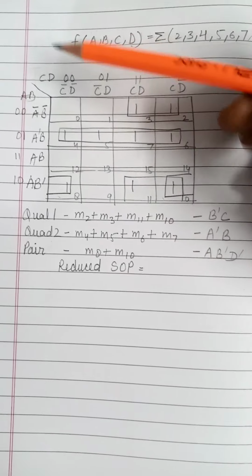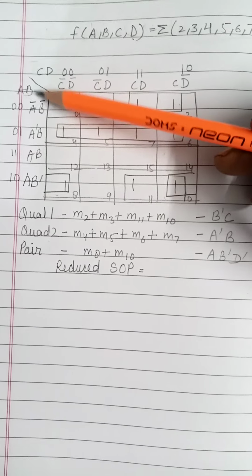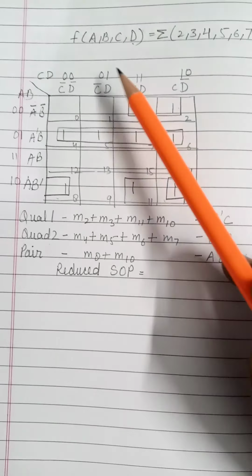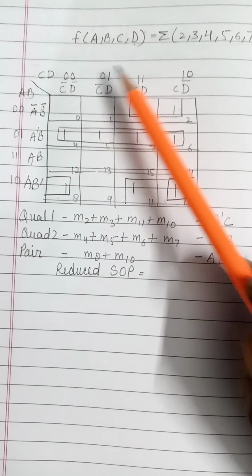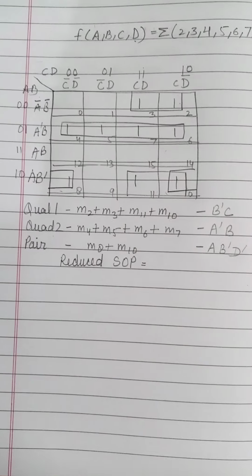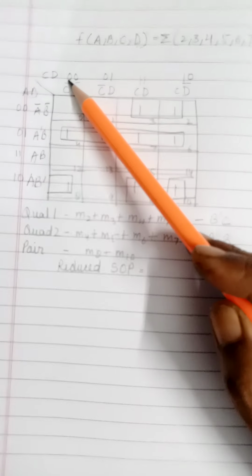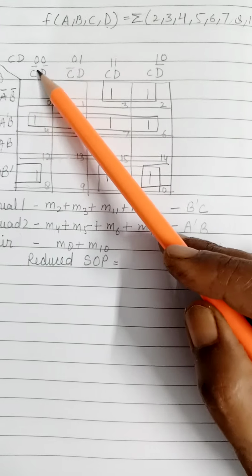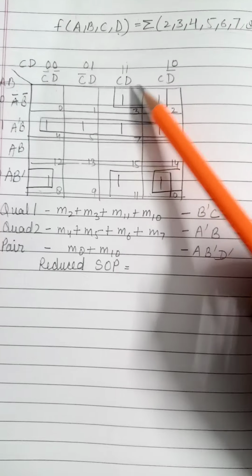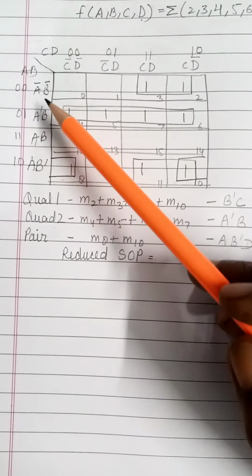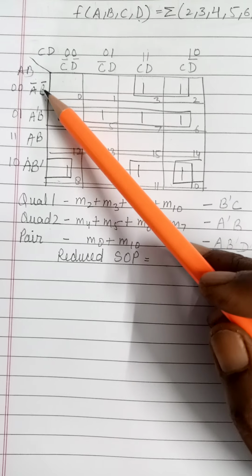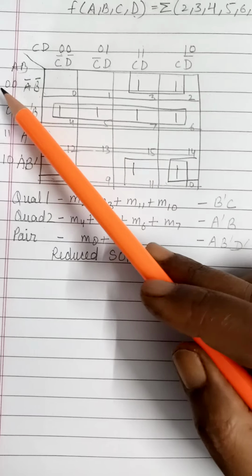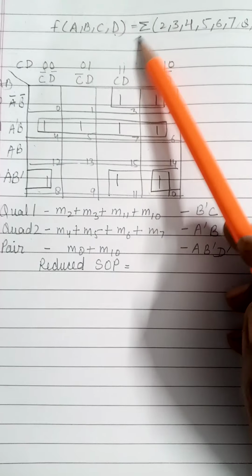Then you will be taking 2 variables here, A, B, C, D: C, D here and A, B here. Then the combinations 0 0, 0 1, 1 1, 1 0. Write down the variables also. In case of SOP, 0 will be barred. C bar D bar, C bar D, C D, C D bar. Similarly, A bar B bar, A bar B, A B, A B bar. For bar, there will be 0 in case of SOP.